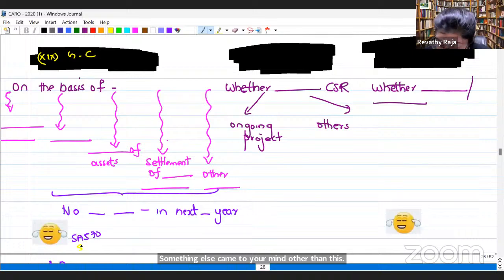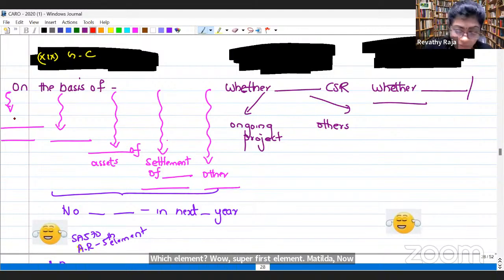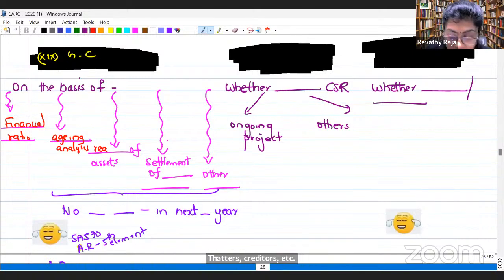Very good. Audit report. Which element? Wow, super. Fifth element: material uncertainty on going concern. Now wait, what is this? On the basis of financial ratio. Listen up. Financial ratio. On the basis of aging analysis, like debtors, creditors, etc. Then realization of assets, assets are being sold. Settlement of financial liabilities. But can you say, under 570,